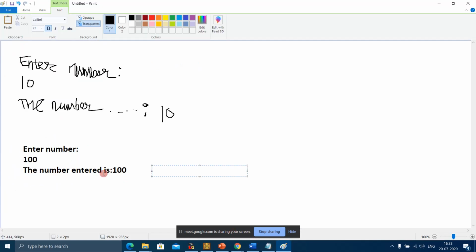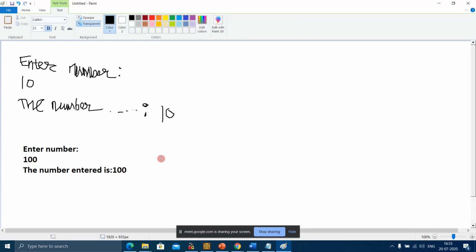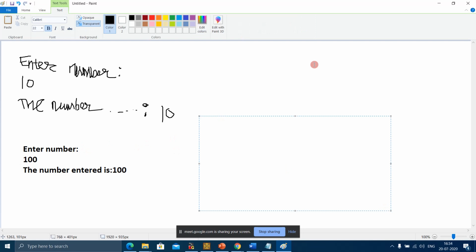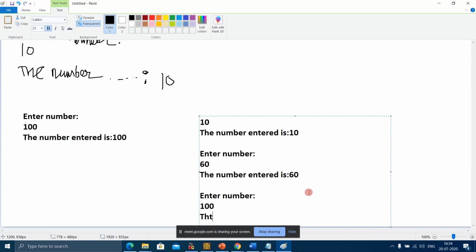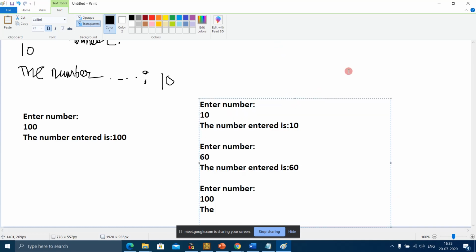So could you see, for each object, the number entered is, this is the output going to be.